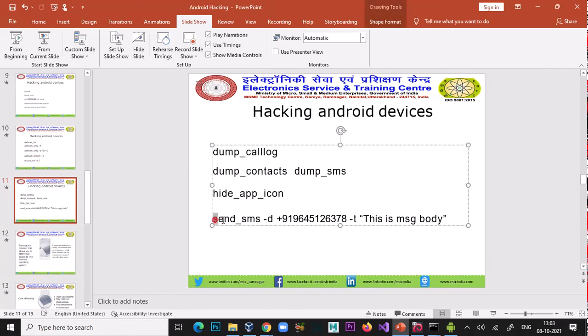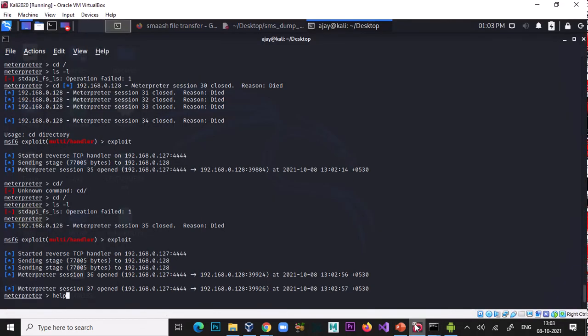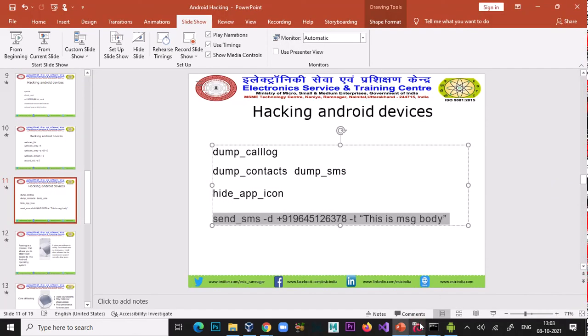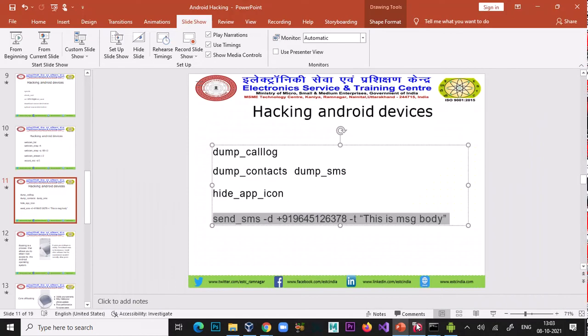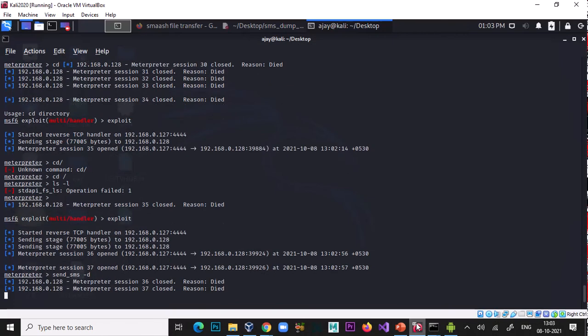Just type send SMS, hyphen D for destination, and type. Okay, no, it's not working properly today.